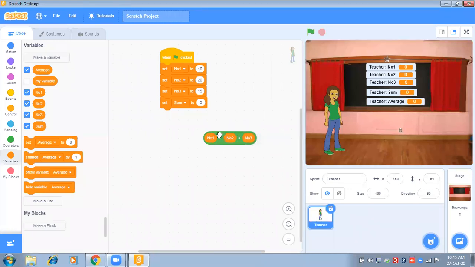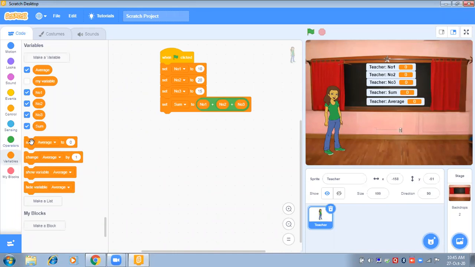Okay, now it is perfect. Now we can put it in this oval shape. Now sum will be set as number 1 plus number 2 plus number 3. So automatically it will perform the calculation. You don't have to perform it yourself. You have to use this block of operators and block of variables so that it can perform the calculations by itself.